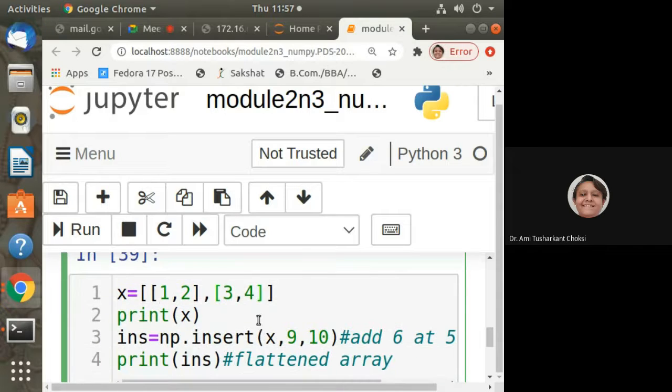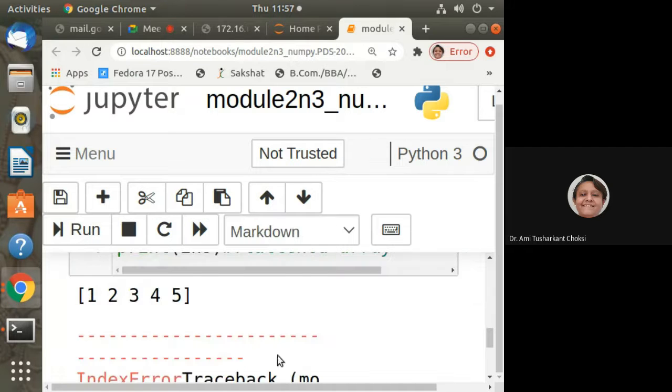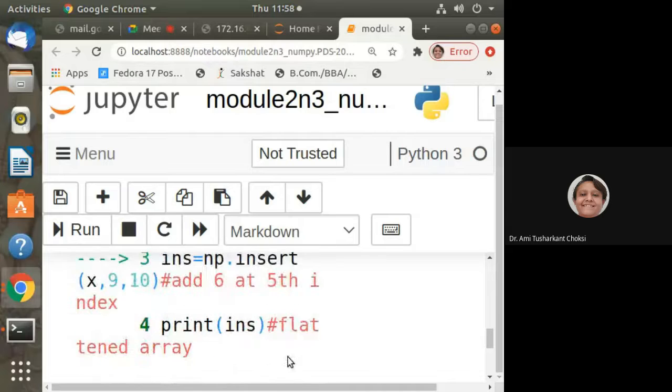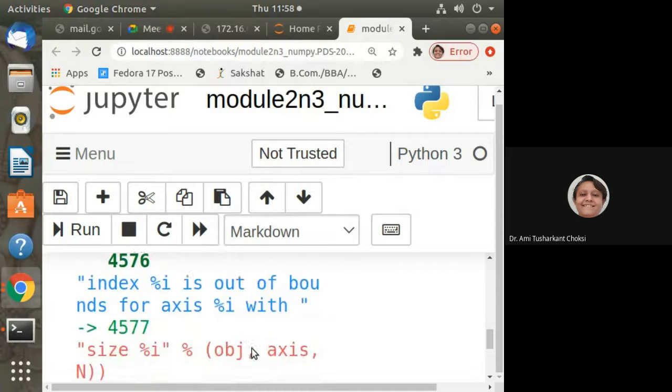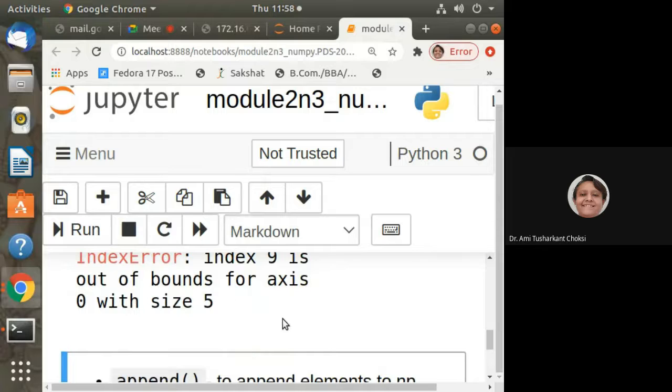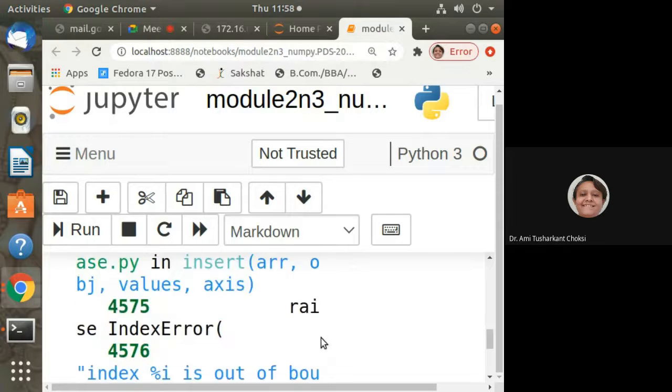This is a flattened array. And np.array, we have provided the index and then the value. So np.array of 1, 2, 3, 4, 5. What happened? Index is out of bounds.